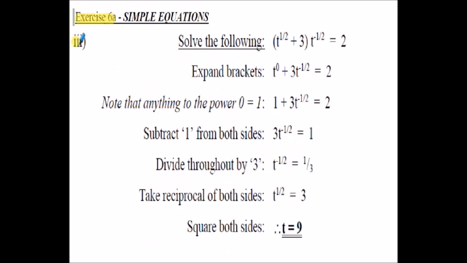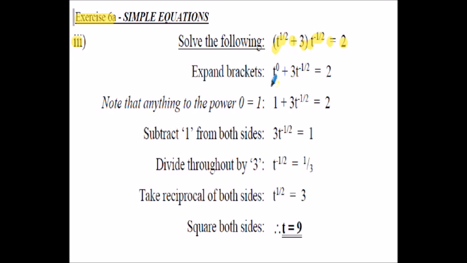Exercise 6a, part 3. We're given here in brackets t to the power of a half plus 3, and that bracket is multiplied by t to the power of minus half. That's equal to 2. We've got to solve this for t. So first thing I'm going to do is expand the brackets by t to the minus a half, and using